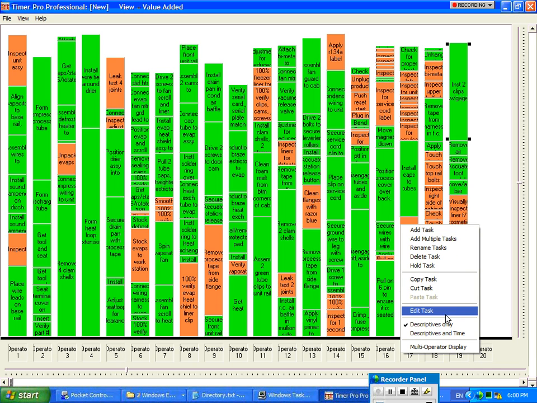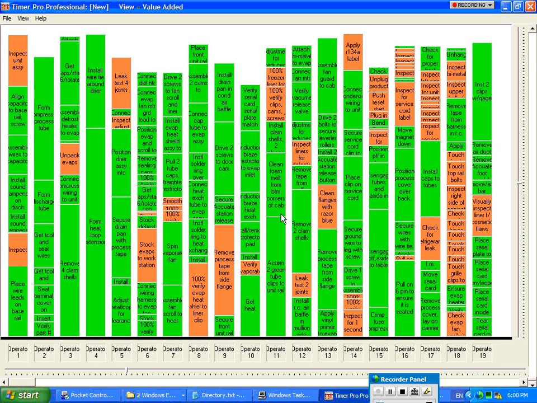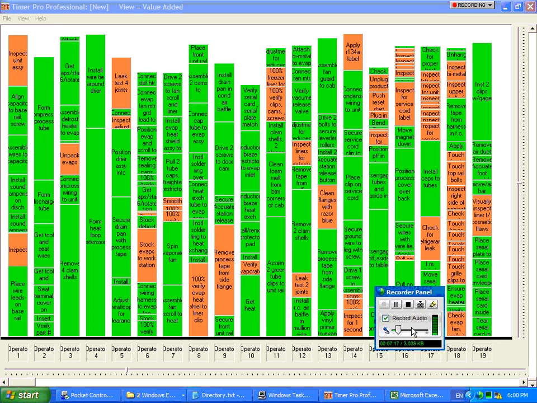Then we can get rid of one of the operators here. So we can delete that particular task. So now we've actually reduced the number of operators we need by one by reallocating the work content. This would be a fairly typical example of what you can do with the